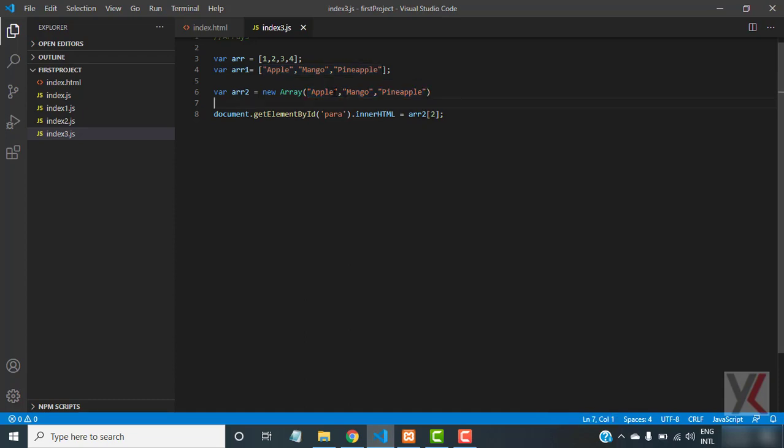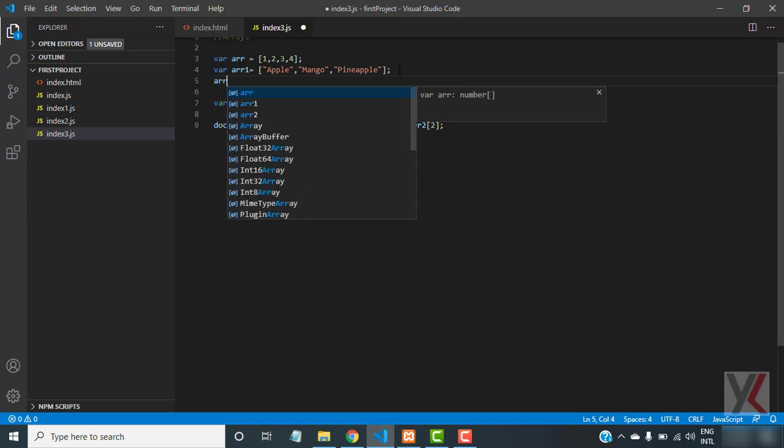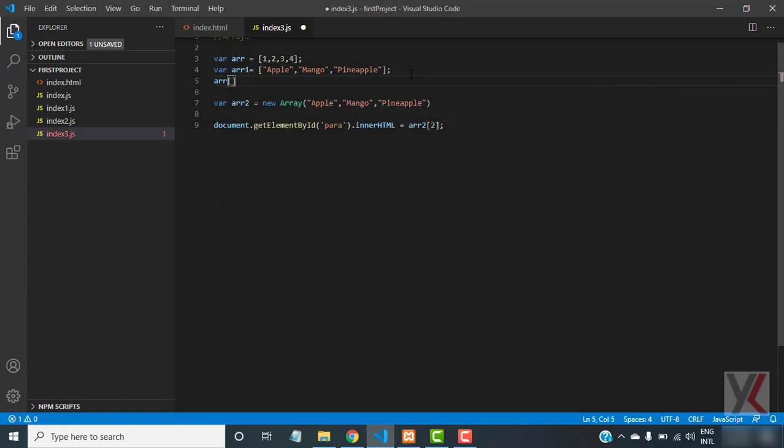So we are targeting the third index here, third position, and here we have given the second index number. Suppose we can also change the values here. Suppose we change this third position value, that is pineapple. So its index number is 2. So what we will do here is we will give the second position and give the